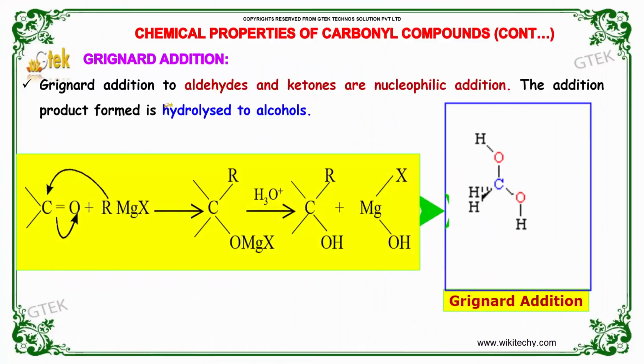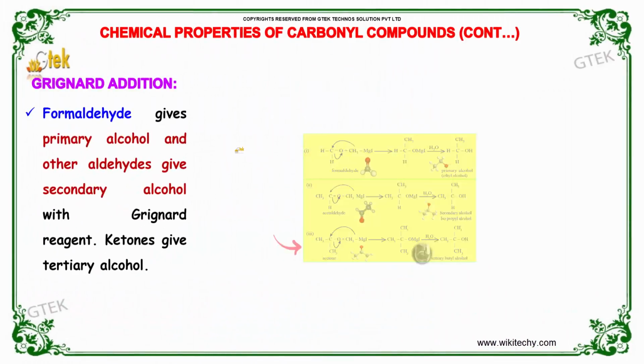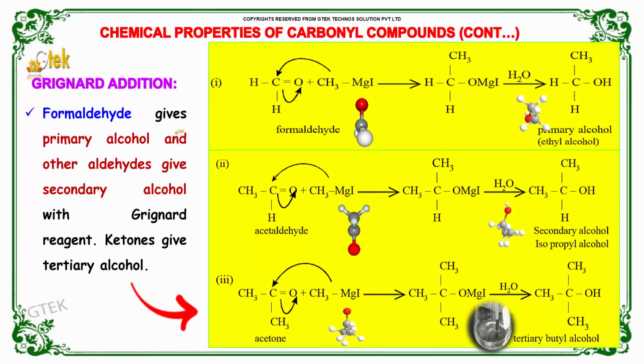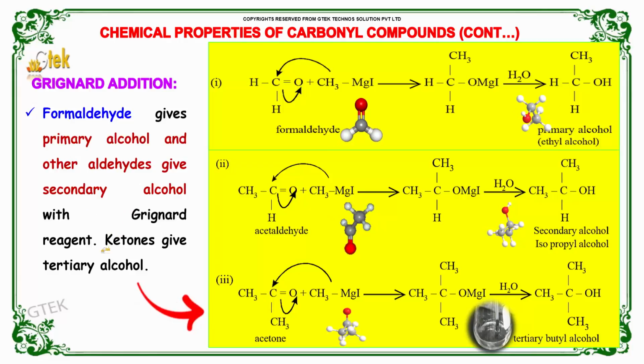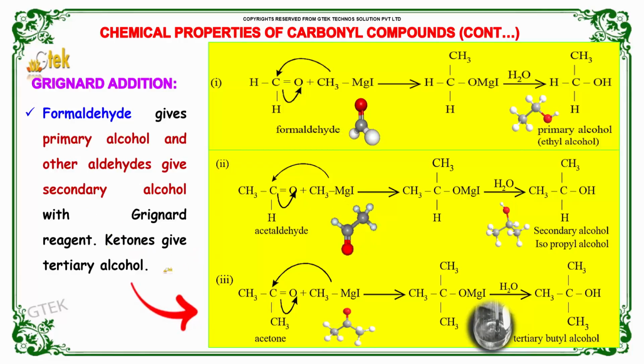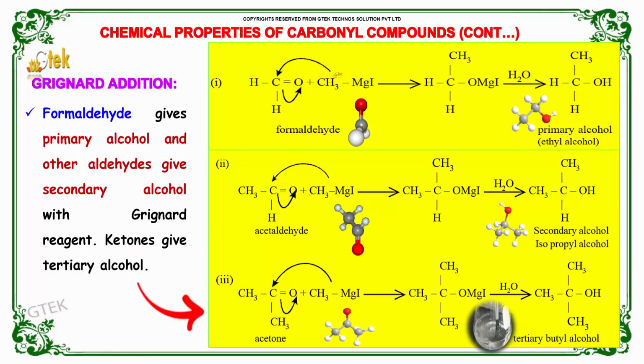Next is about Grignard addition. Grignard addition to aldehydes and ketones is a nucleophilic addition. The addition product formed is hydrolyzed to alcohols. Formaldehyde gives primary alcohol and other aldehydes give secondary alcohol with Grignard reagents. Ketones give tertiary alcohols. When formaldehyde is made to react with Grignard reagent, it produces a primary alcohol, that is